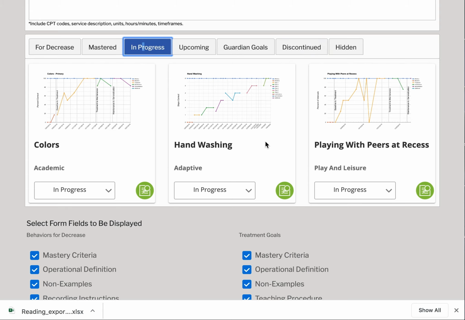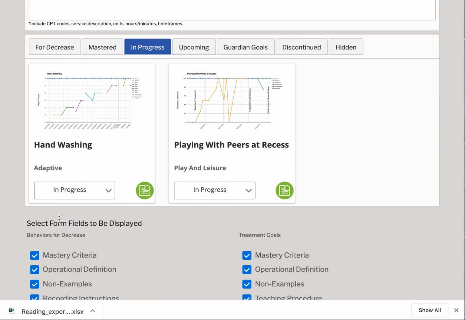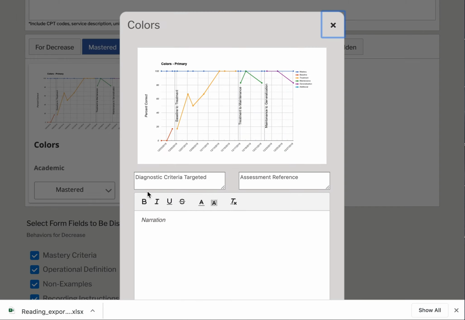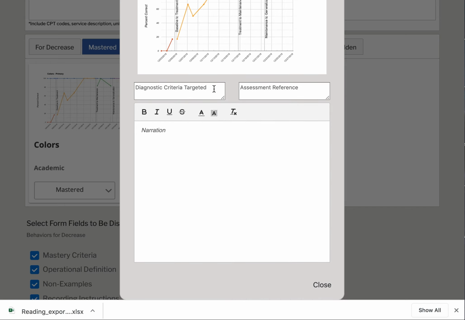So if, for example, we deemed this colors program to be mastered, then we would just put it in the mastered section. And now you can see it got moved there. You can also put things in discontinued or even hidden so they don't even show up in the report at all. And then after that, if you wanted to go in and narrate anything here, you can talk about the diagnostic criteria you're targeting with this goal, a reference to the assessment that